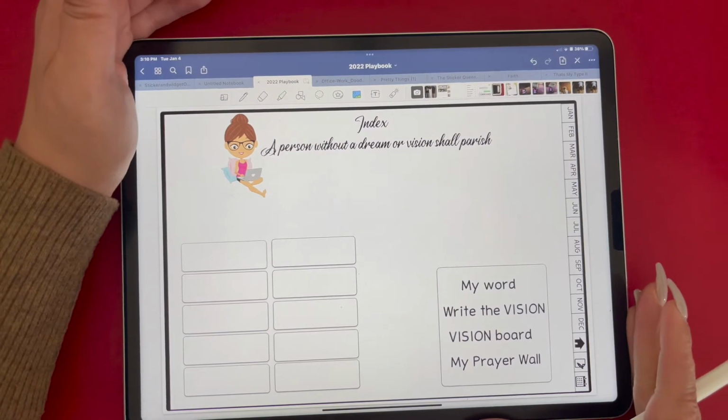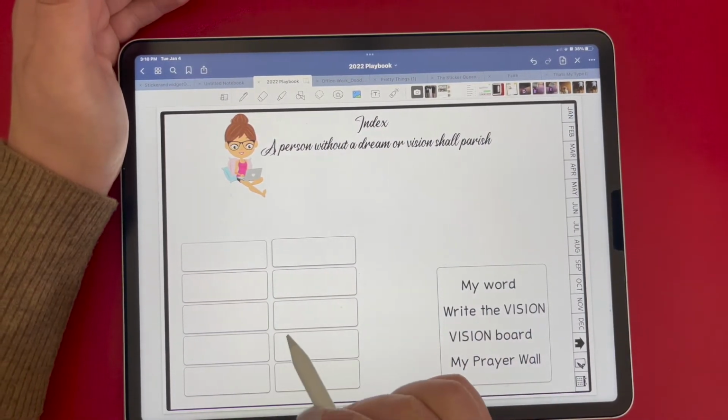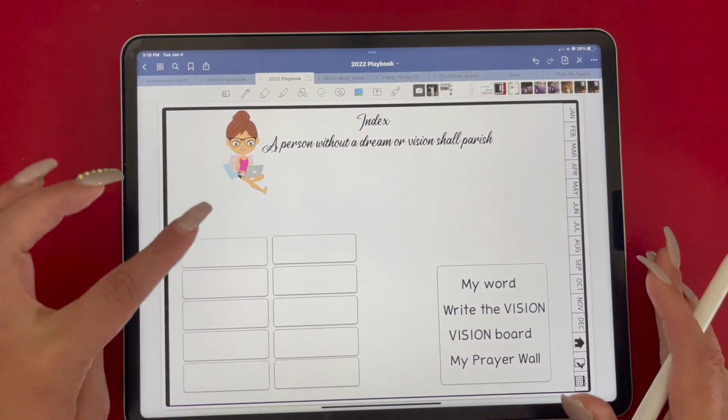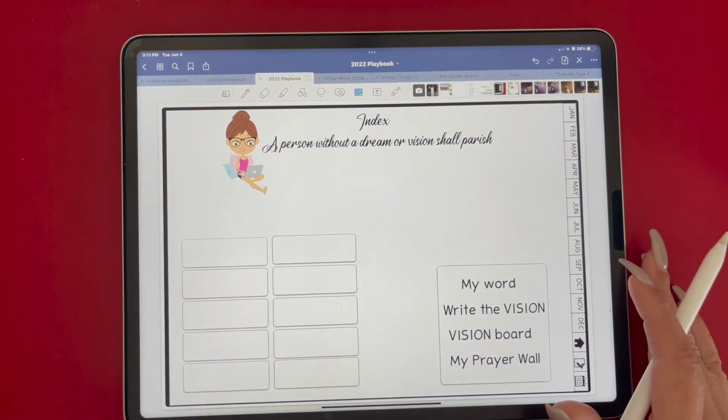Okay, so this section is your index. All of these is how you Franken-plan your planner, okay? That means you have individual sections that you can create. And so I have my little